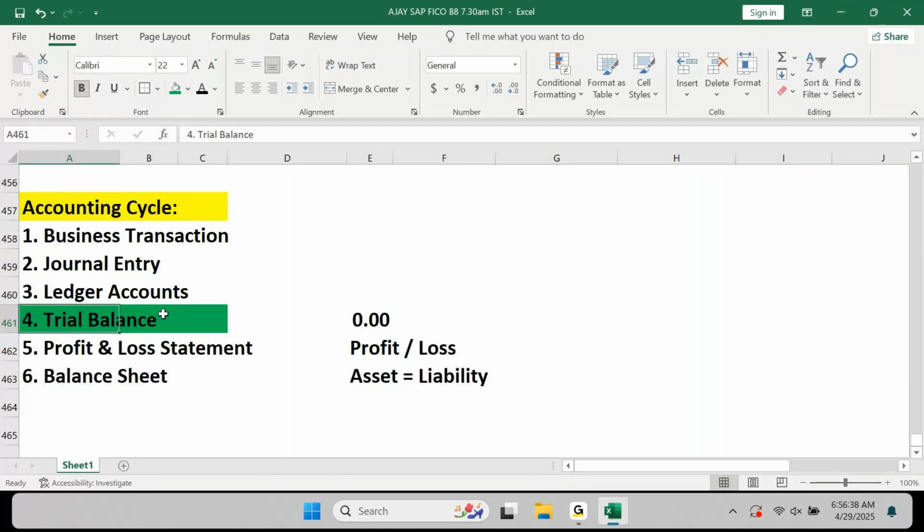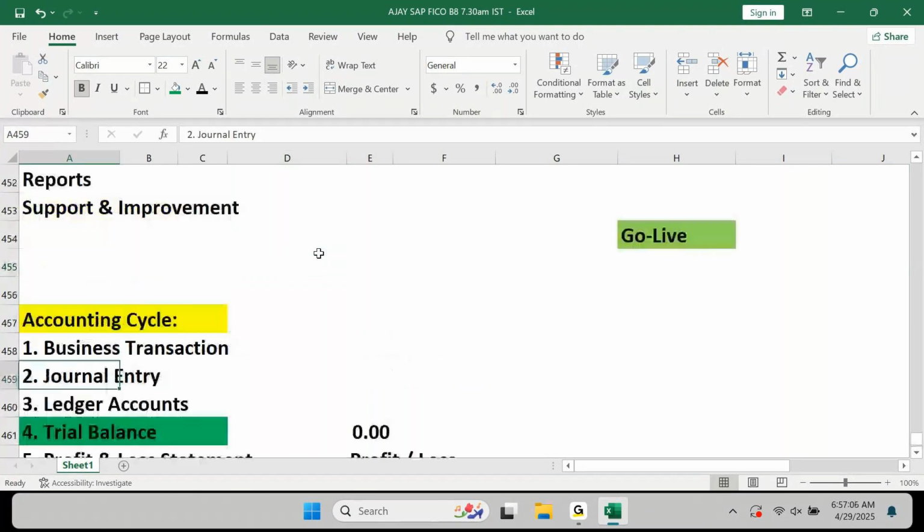Now, for a FICO consultant to understand the trial balance, is this accounting cycle important or not important? Yes, it is important. If you are not understanding this, we will not understand anything in FICO. If this is not clear, nothing is clear in FICO. Reason? To write a journal entry, if I go up,